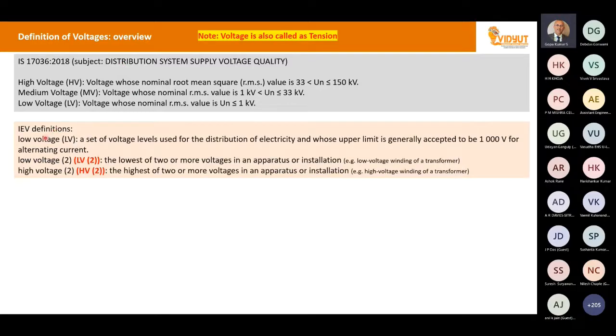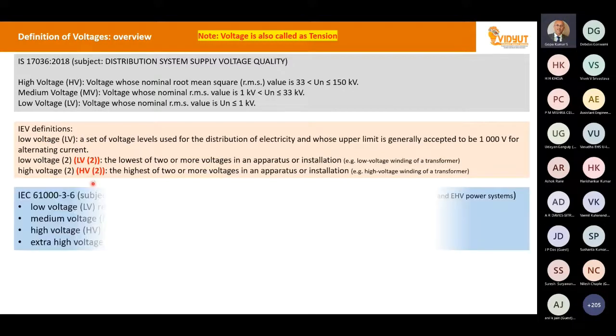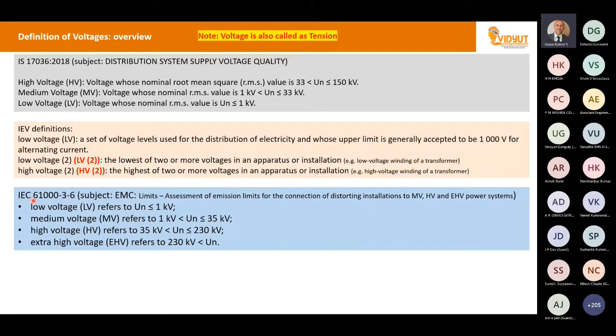If we look at the IEV, International Electrotechnical Vocabulary, which is nothing but the online platform of ISO and IEC, here the voltage has got only two definitions. LV means less than 1000 volt, HV means anything more than 1000 volt. The IEC 6